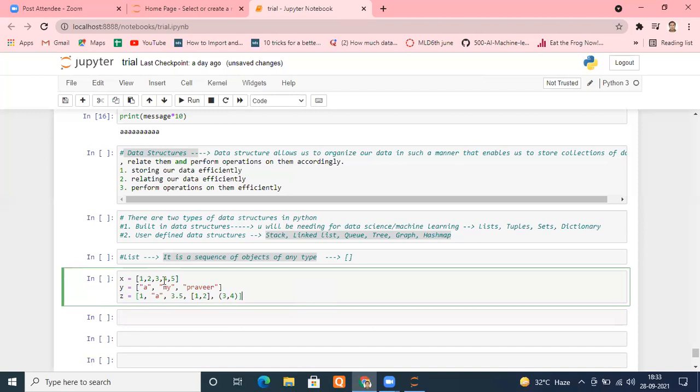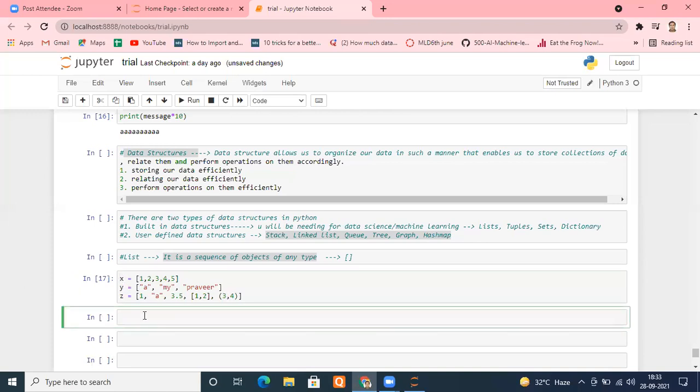And how do we access them? The same way we access our strings, because Python is a zero index language. I repeat once again, Python is a zero index language. Let me run this, successfully executed. Let me access those elements and understand things. Everyone knows how we access strings: we put the string name. Now I'm taking the list name, then a square bracket. Indexing is always done with the help of square brackets.